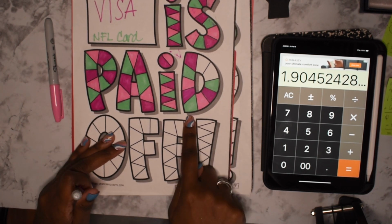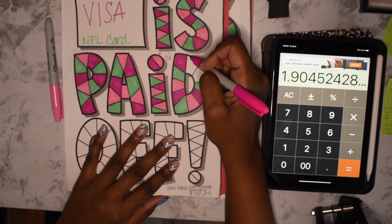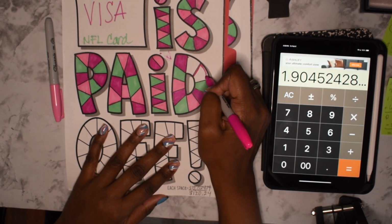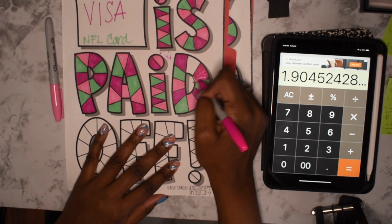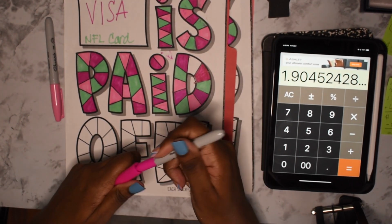When I first started this card, it had a $12,000 balance on it. And we are about halfway done. So 1.9, 2 boxes. Oh, I wish I had my green. But that also means I am coloring off the second word on this one, and that is very exciting